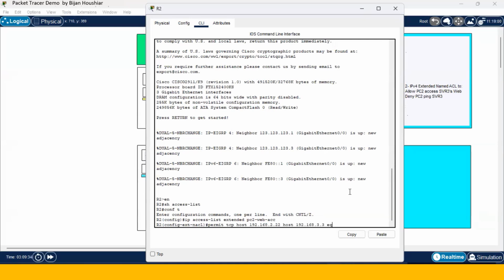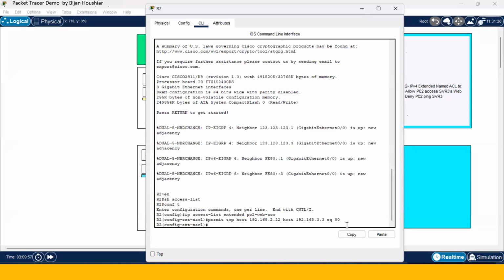What type of traffic? HTTP, or port 80. So with this statement, I'm permitting TCP host 192.168.2.22, which is PC2, accessing the website on a destination device, which is server 3, with the IPv4 address of